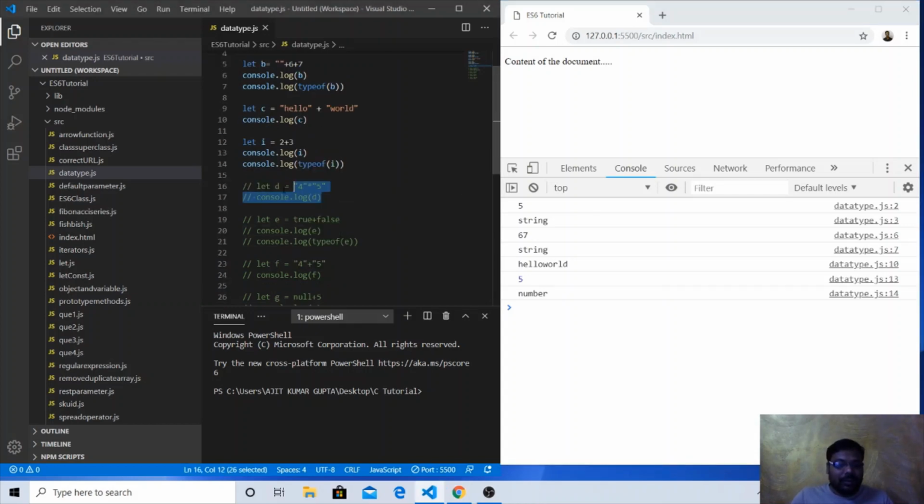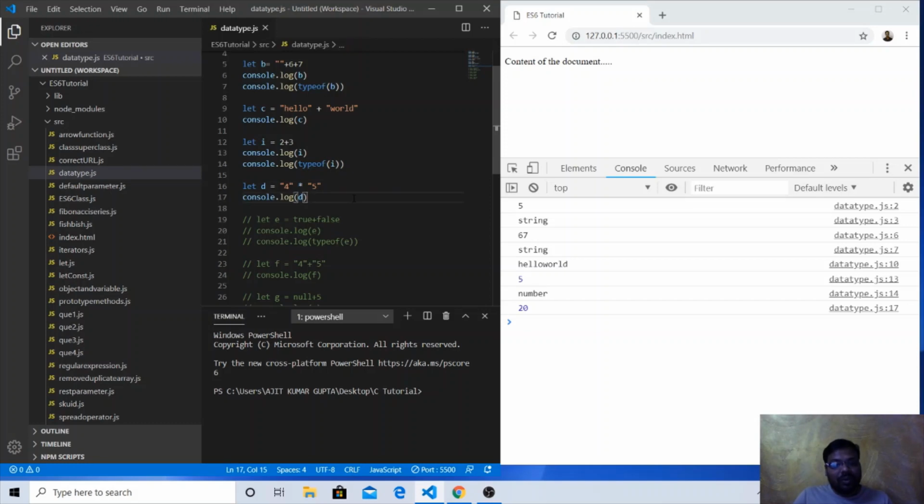But let's see this example. We have two strings, because the double quotes are wrapping the numbers 4 and 5, but in between we have the multiplication operator, the star sign.